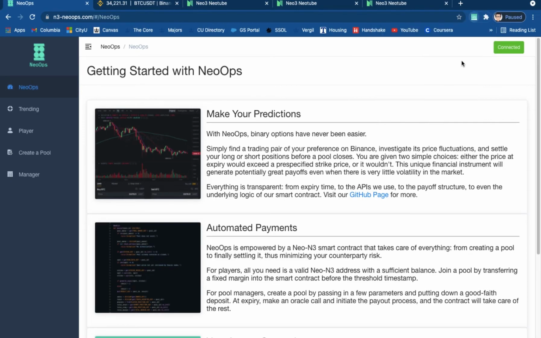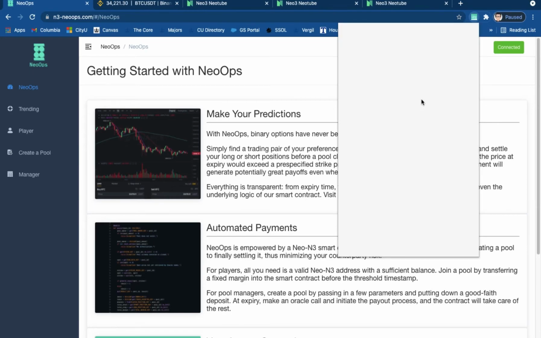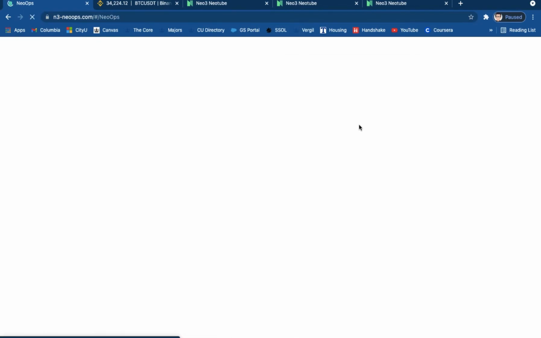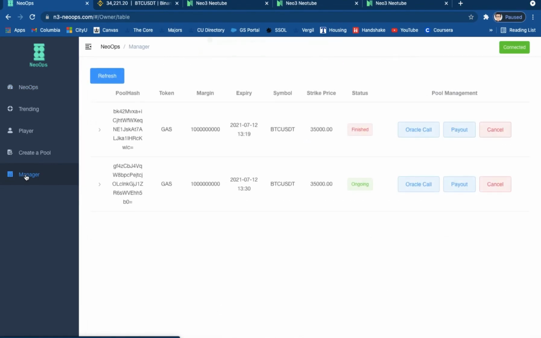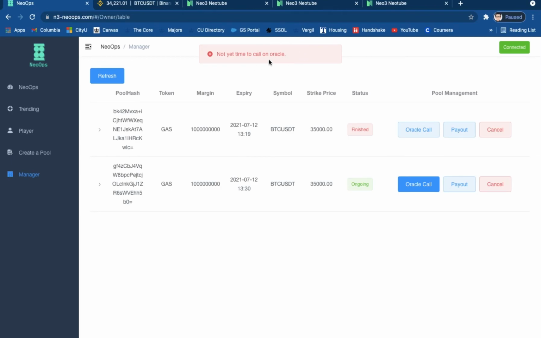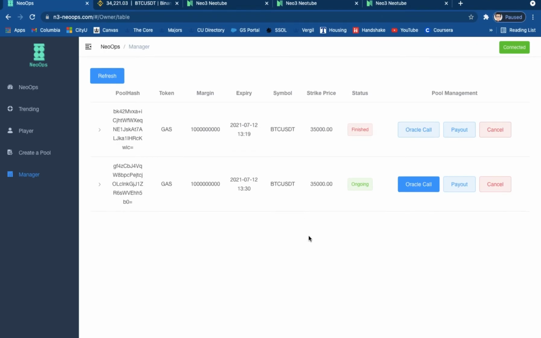All right, now that we have placed the 2 bets, let's switch back to the creator and see what we can do with oracle calls and payout functions. Once again, refresh the page and reconnect to NeoOps. Go to Manager, and here you see this ongoing pool that we just created. If you click on Oracle Call, it's not yet time to call Oracle, so we'll just wait until this pool